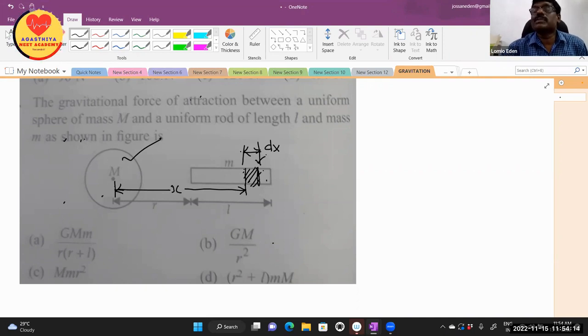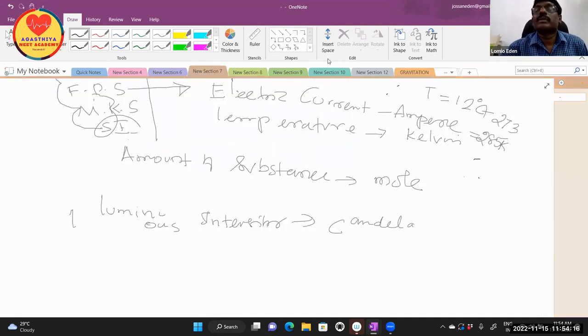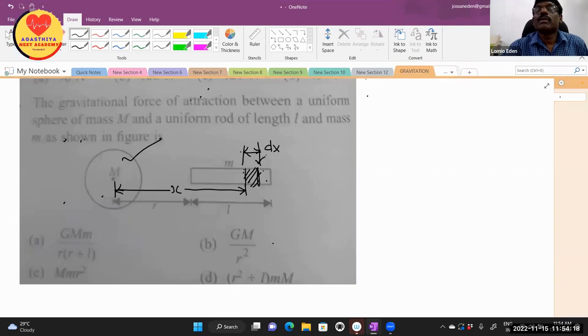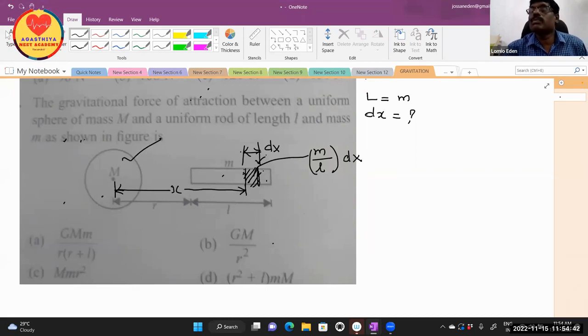How to calculate it? For length L, the mass is small m. For length dx, what would be the corresponding mass? That's all. Now, let us apply